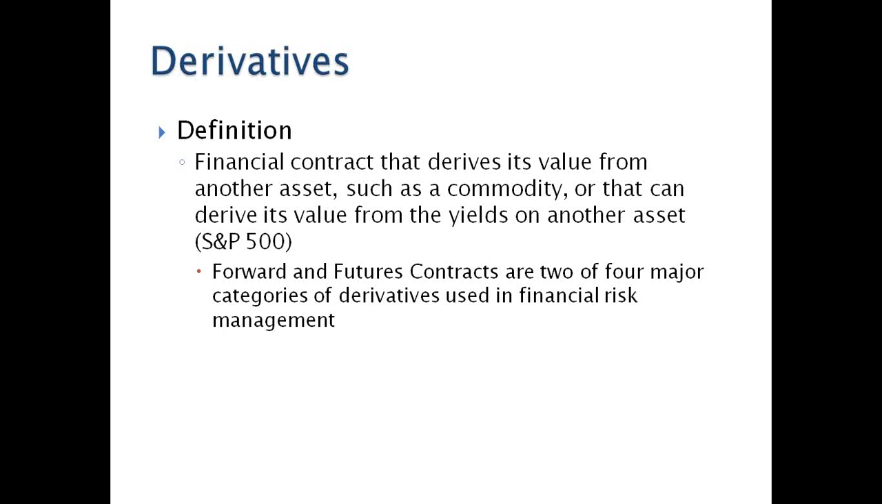So in the book, when we talk about derivatives, and we'll use the definition here, a financial contract that derives its value from another asset, such as a commodity, or that can derive its value from yields on another asset. So the S&P 500, or any type of derivative, essentially the futures or contracts. And so we talk about it with a derivative, again using the word that derives its value from it, is